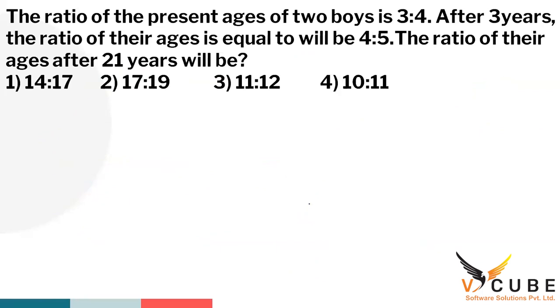The ratio of the present ages of two boys is 3:4. After 3 years, the ratio of their ages will be 4:5. The ratio of their ages after 21 years will be... yes, very good, Andy. After 21 years will be